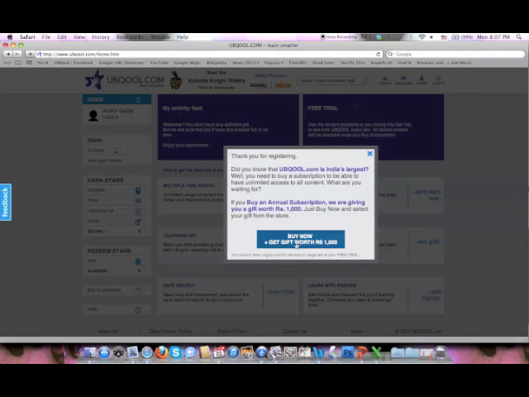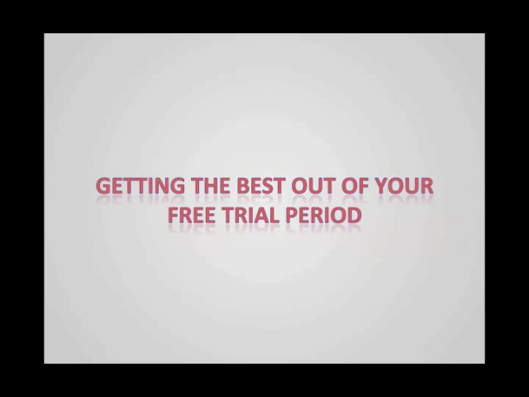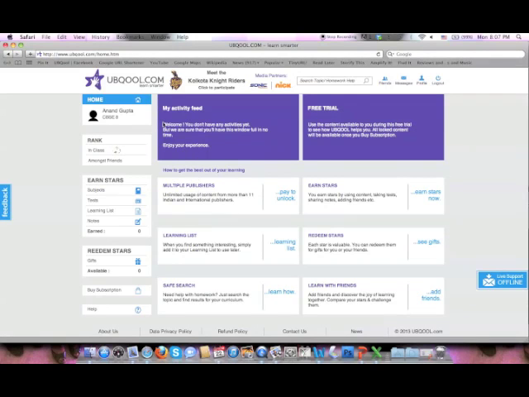a subscription by just clicking here. So let's look at how to best use the free trial. This is my activity feed area, and here are some guides of how to best use the site. What you see on the left hand side is my name, my grade, so this is my home screen. This will show the rank in my class, which is class 8, and amongst friends once I've added friends. And this is a menu which helps me earn stars